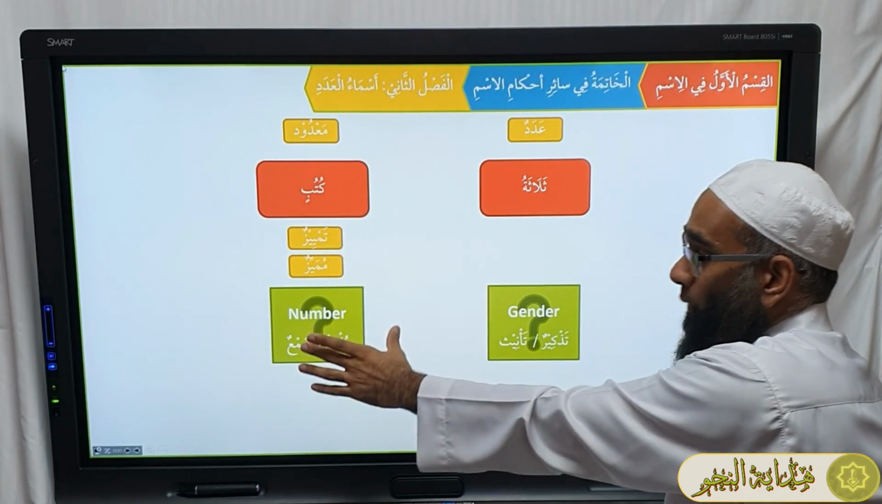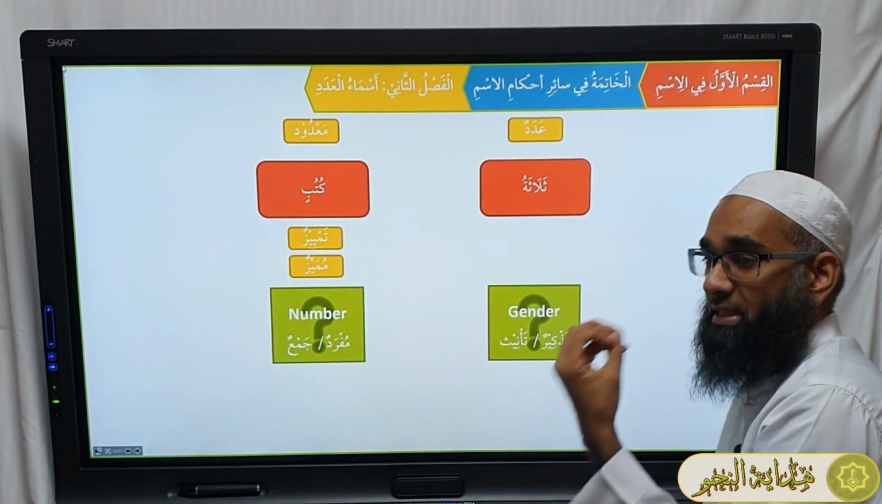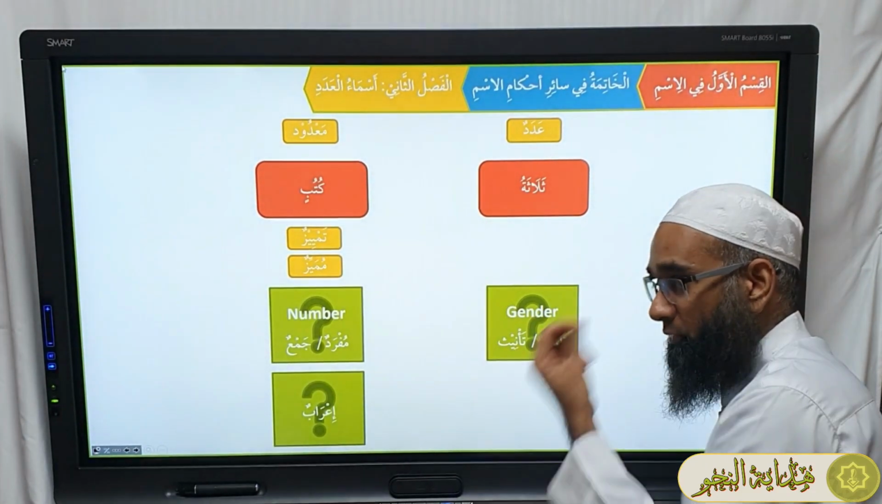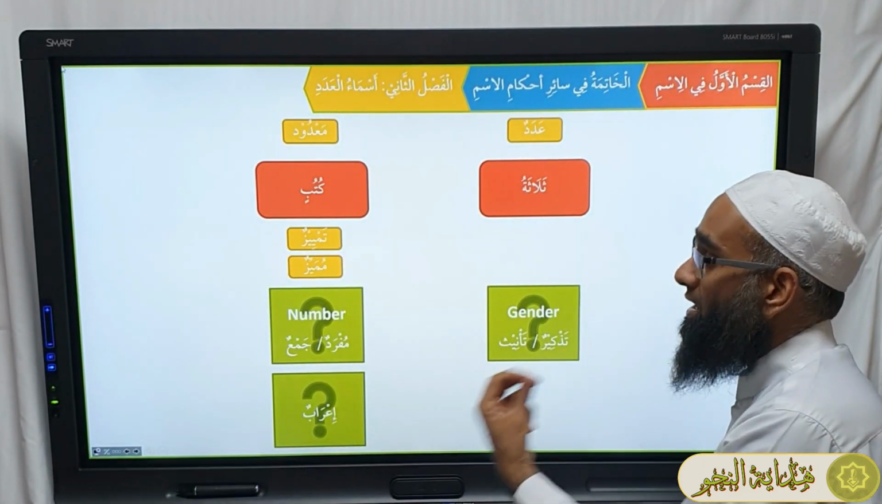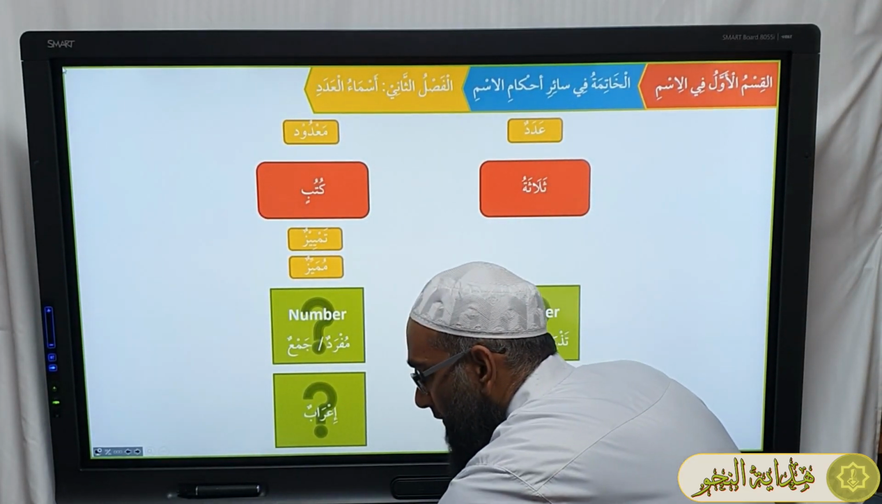Right? And now we're discussing the last part, which is the معدود, the numbers themselves. So they have which element? Will the numbers be mufrad or jama'? Or what's the i'rab of those numbers going to be? Okay? We don't discuss the i'rab of this